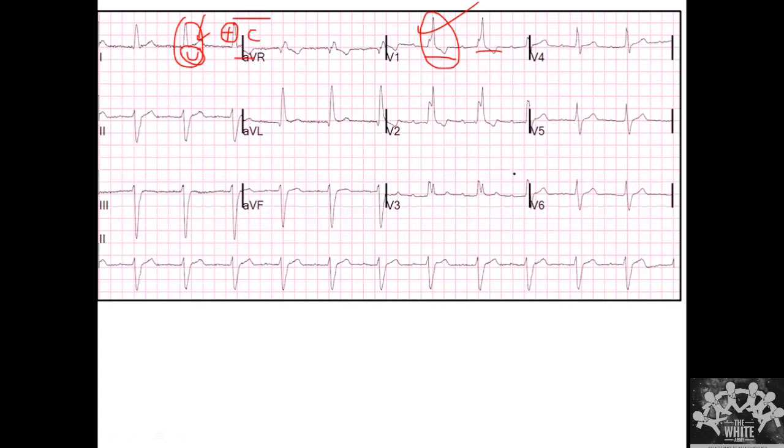Same thing is present here. Concordance. We have a wide S wave here in V6. So this says there is an RBBB which is concordant. And we saw the axis. Axis is a left axis deviation, so maximum in AVL with deep S wave in 3 more than 2. So there is a coexisting left anterior fascicular block.